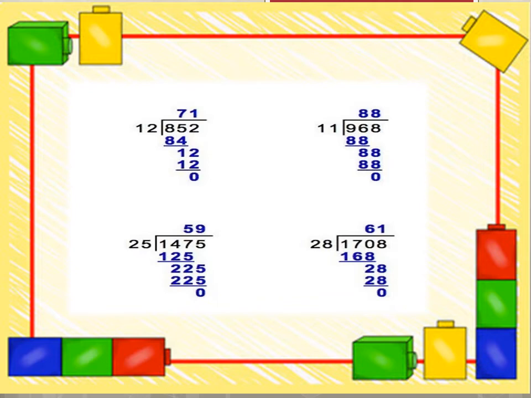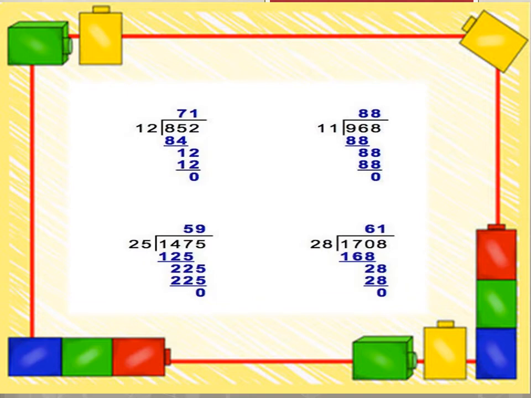Now let's start. First we will read the table of 12 in 85. Because the divisor is 2-digit, we will read the table in the first 2 digits, that is 85. We know 12 sevens are 84, that is less than 85. Always remember children, whenever we place a number that comes in the table, it should be less than the digits given in the dividend. So 85 subtracted by 84 gives the difference of 1.